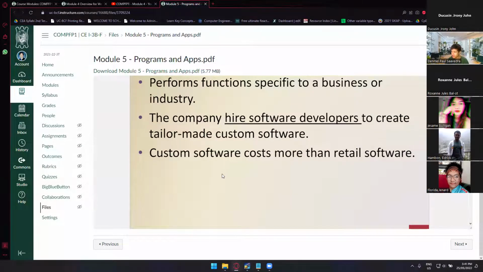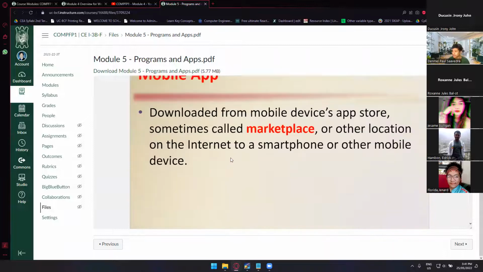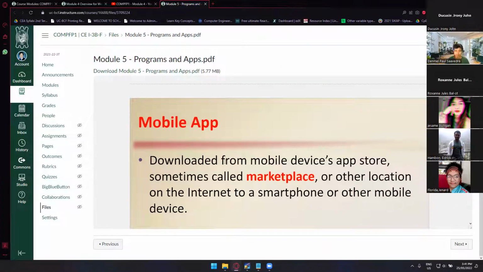And then we also have some custom software, some web application. You guys already know this one. Mozilla Firefox, Google Chrome, mobile application. So we have a lot. I think all of us have a mobile smartphone. Okay, so you can just check the marketplace or the Google Play Store, or what do you call it